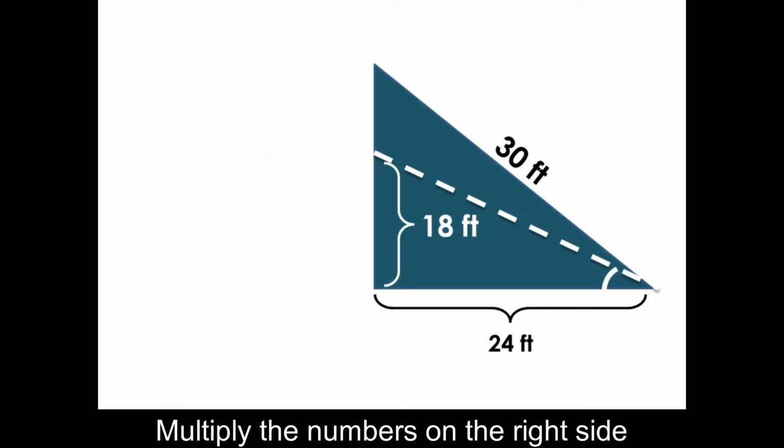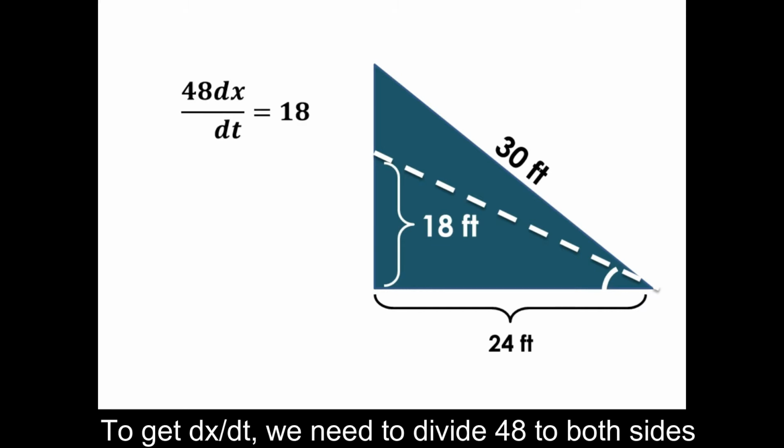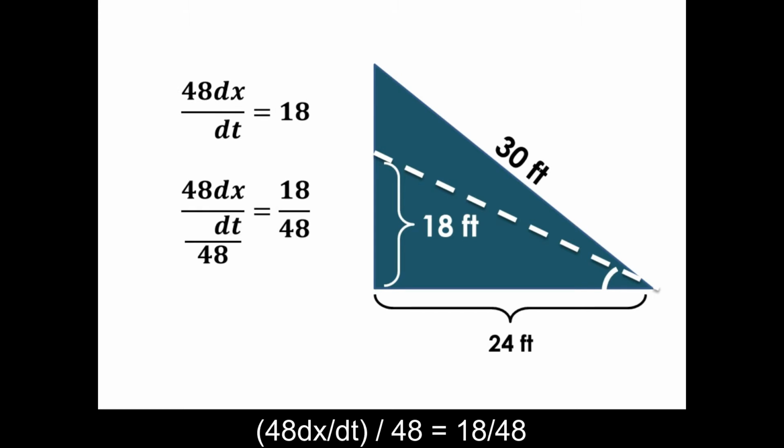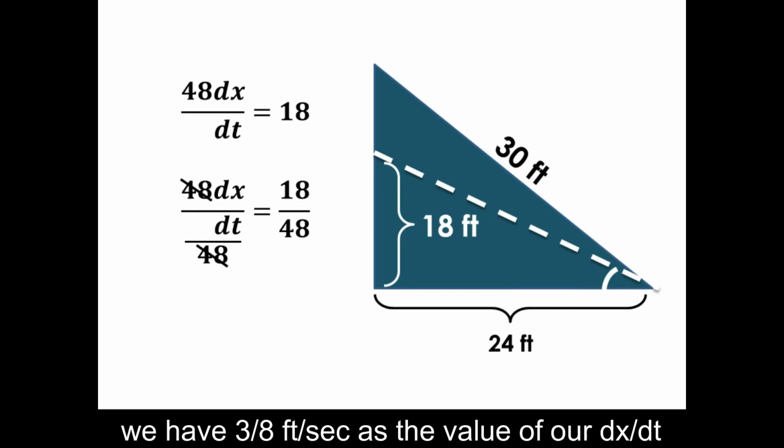Multiply the numbers on the right side, 36 times negative 1/2. We have 48 dx over dt is equal to 18. To get dx over dt, we need to divide 48 to both sides. 48 dx over dt over 48 is equal to 18 over 48. Expressing 18 over 48 to its lowest term, we have 3 over 8 feet per second as the value of